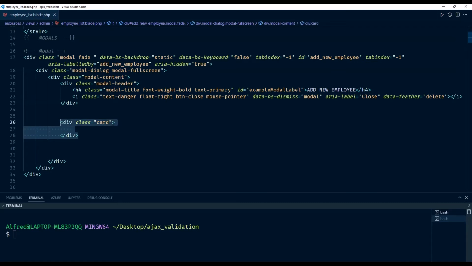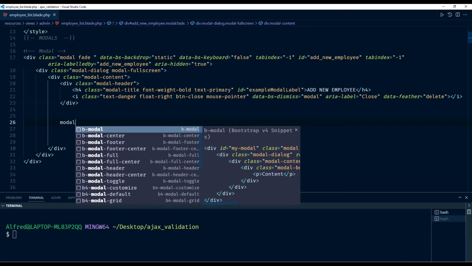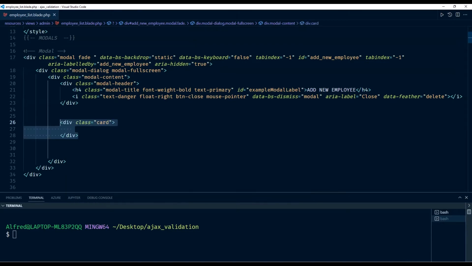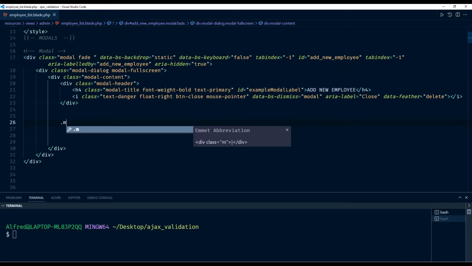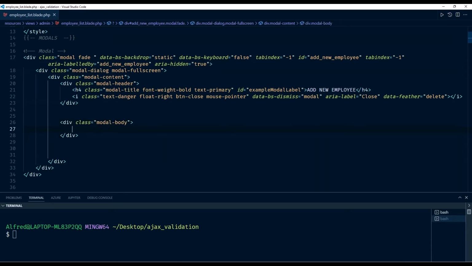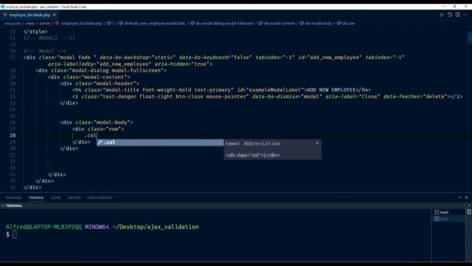And here what I'm going to create is a modal body. So I'm going to say modal, which should be a class. So modal body. And inside this body, I'm going to have a row. And inside the row, I'm going to have a col